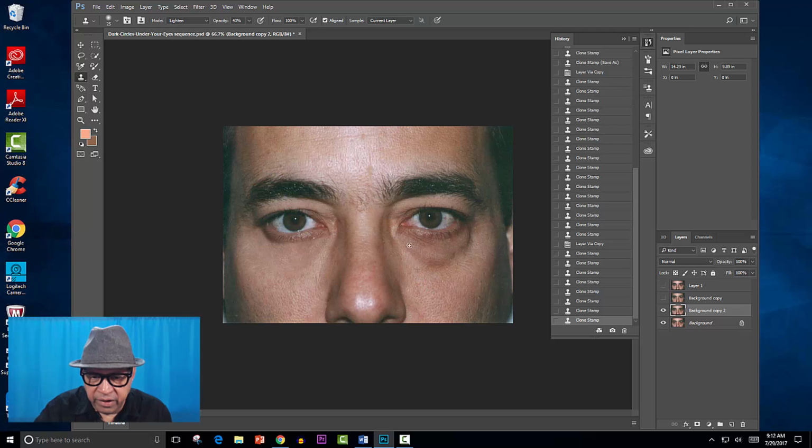Now when I come this side, I want to use this particular area which looks good. Select this and then start removing these darker shadows. And the other interesting thing is it maintains the texture of the skin as much as possible, as opposed to using other techniques of removing the shadows from